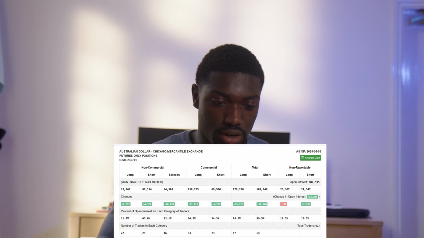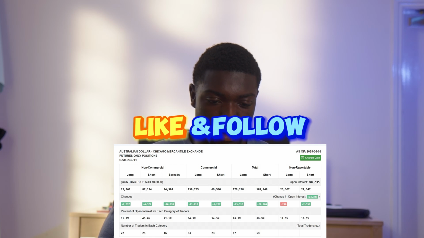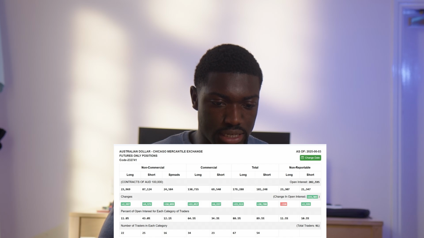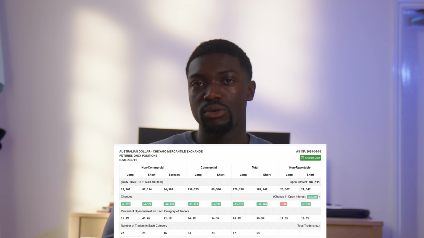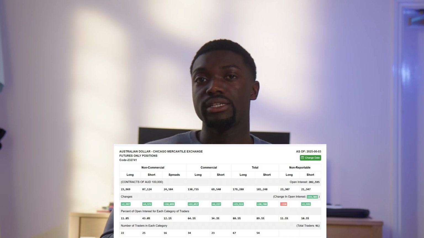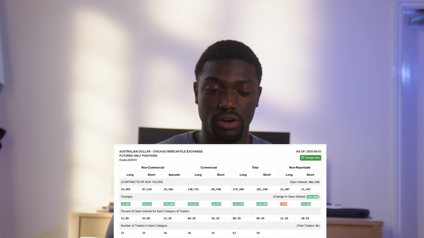So we can see the Australian dollar. I think this COT report is as of the 3rd of June, so I believe the next report should be coming in maybe sometime today or tomorrow. We can see so far there has been an increase in long trades, I'm sorry, in short trades of 4,000 trades and an increase in longs of 2,000 trades as well. But overall, there are more shorts than longs, which tells me that overall the Australian dollar is still bearish from the point of view of the institutional trader side. So that's what you need to keep in mind. Institutional traders are basically saying that they still have their short positions heavier than longs.